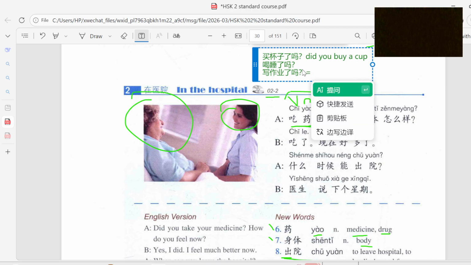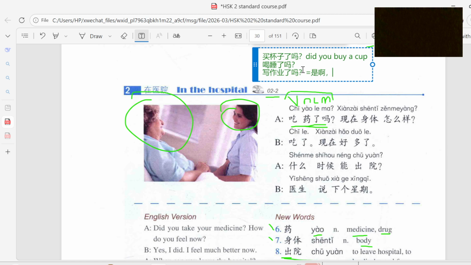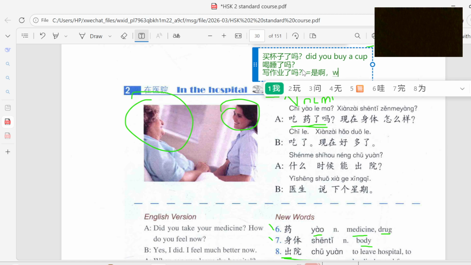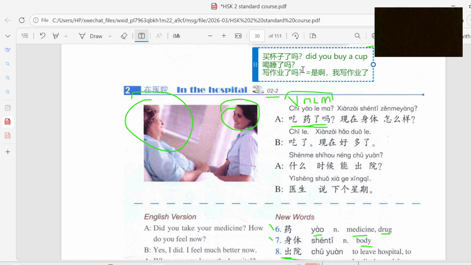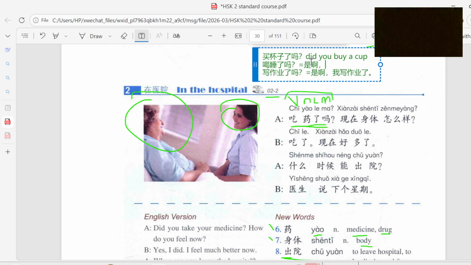If you wrote the homework, you'll be okay. 是啊，我写了。I wrote. 我写作业了，我写作业了。Here, if it is "did you drink water," you'll be like 是啊 yes, 是啊。我喝水了。